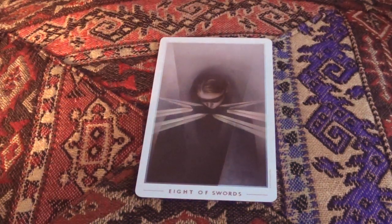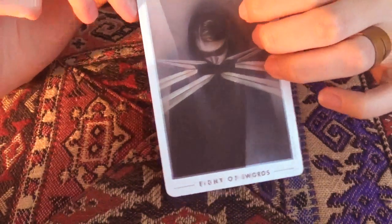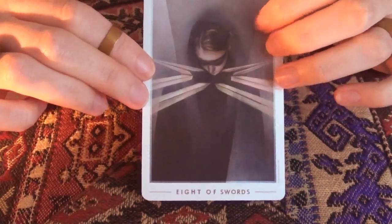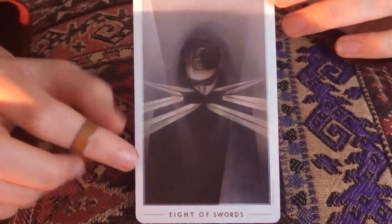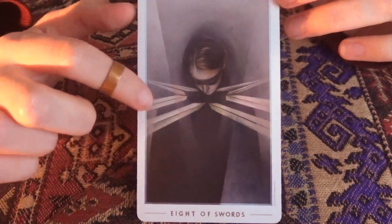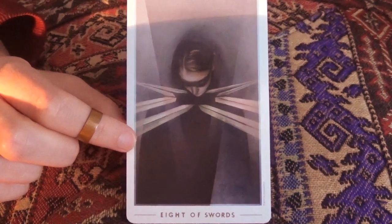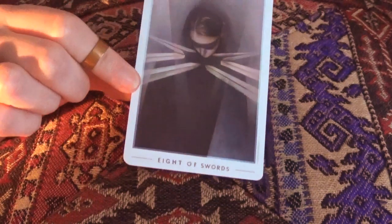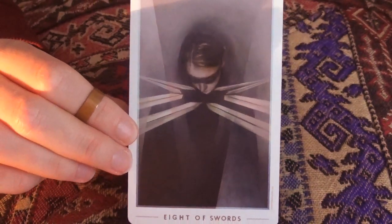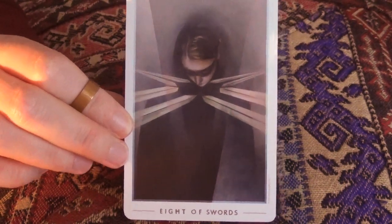Alright, here we go. So, the card that you should be meditating on today is the Eight of Swords. And interesting because it reminds me of this concept of the freedom fighter. So if you are also someone who's fighting for their own freedom, just like Kyle is,